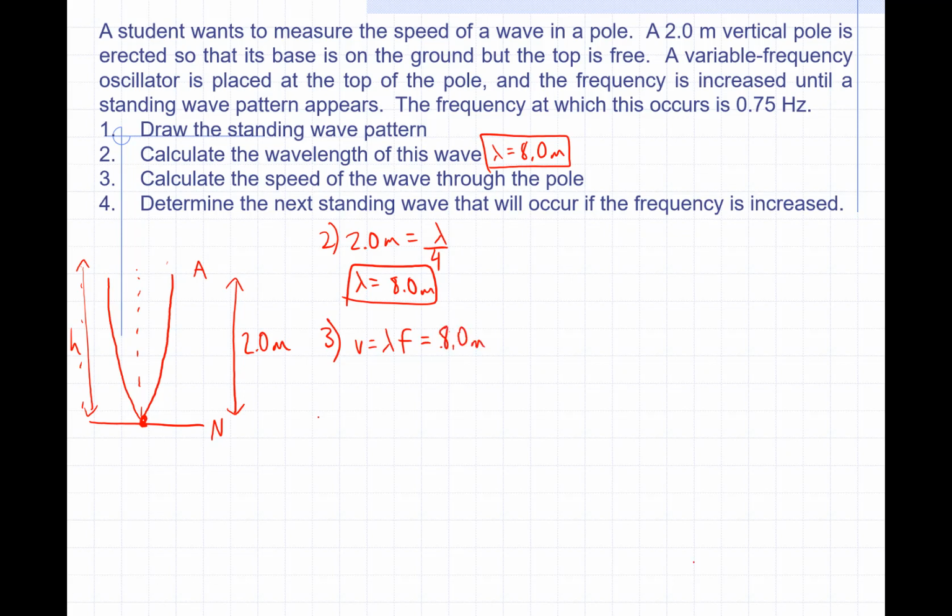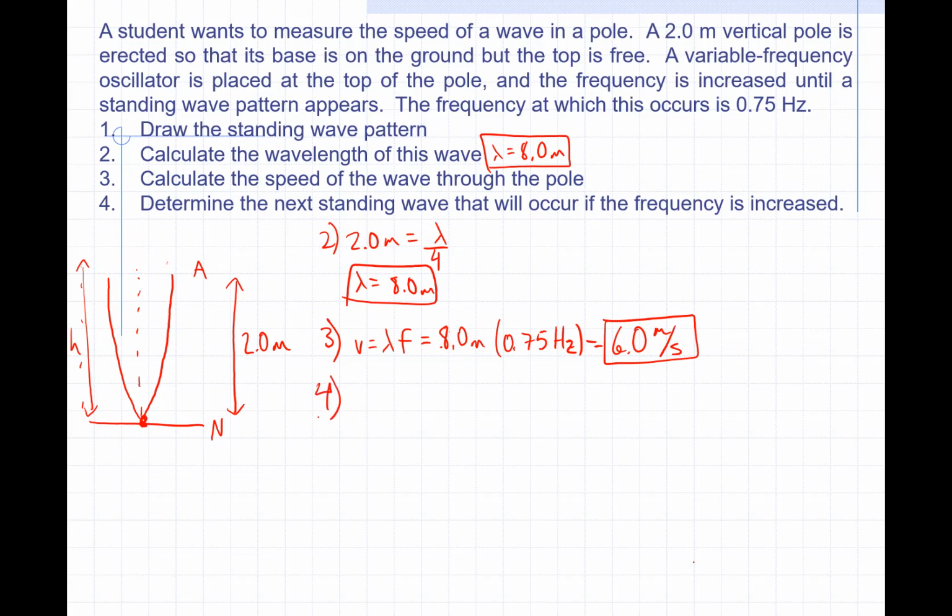And the frequency is 0.75 hertz. So we just need to multiply those two together. We get 6.0 meters per second. Transverse waves don't travel very fast through a medium. And then 4,